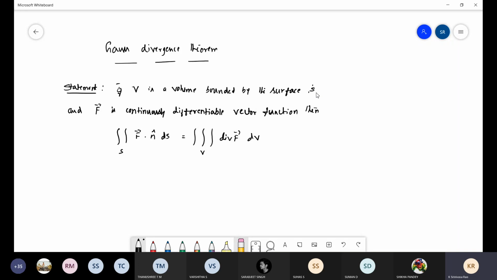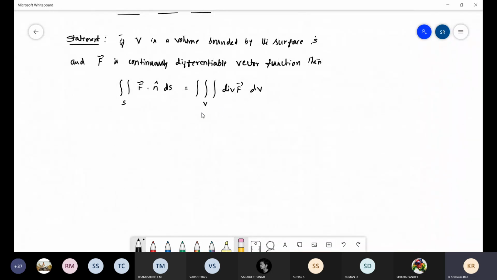But the thing is, the RHS is a triple integration. So if the problem asks to evaluate, you should go with the RHS only, the triple integral. The surface integral should be equal to the volume integral, that is, area is equal to volume. With the help of the divergence theorem we can say the double integration is equal to the triple integration, but simply it is not equal. Whatever is inside the integral is very important. Here it is F dot n cap, here it is div F. Yes, we'll go to that problem.